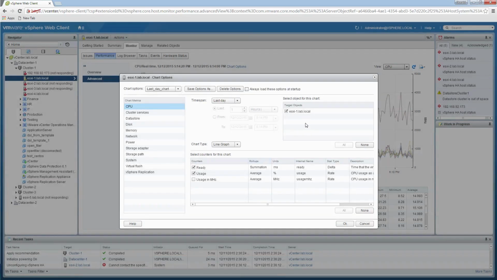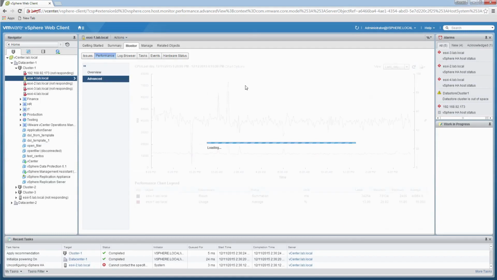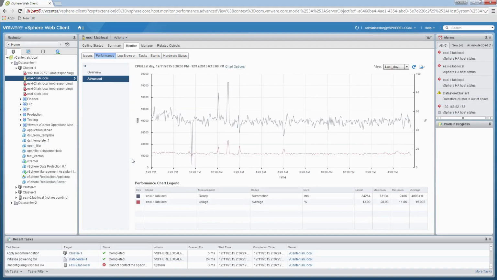I'll select OK here. And once I hit OK here, I'll have the view just for the last day with the counters that we would have changed. Here, if we need to go back to where we were, CPU, we could just hit back. But right now we're doing a custom view and we're just viewing our chart for these counters over the last